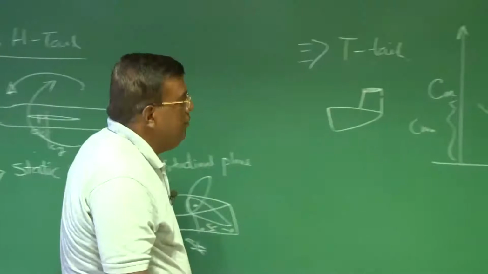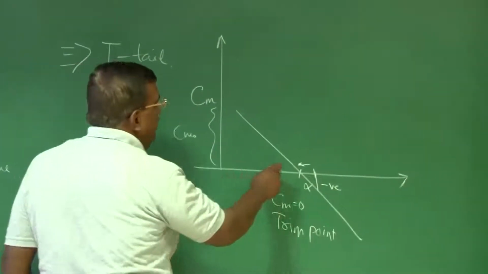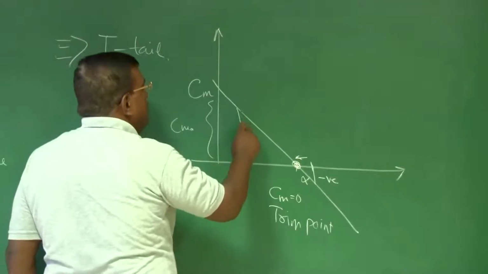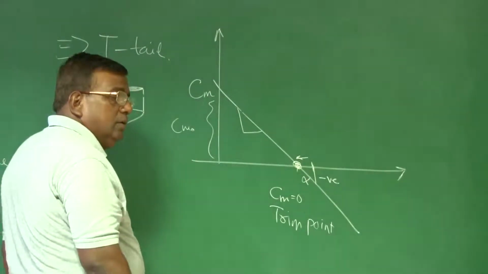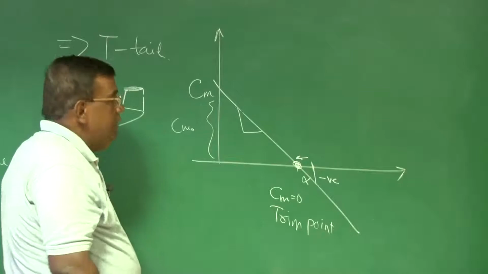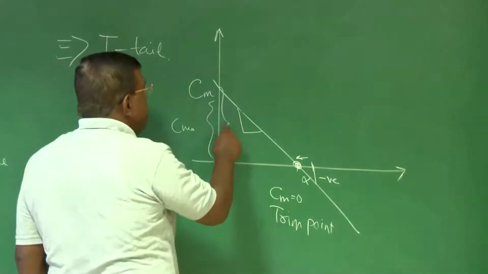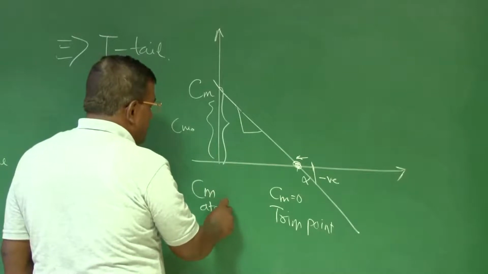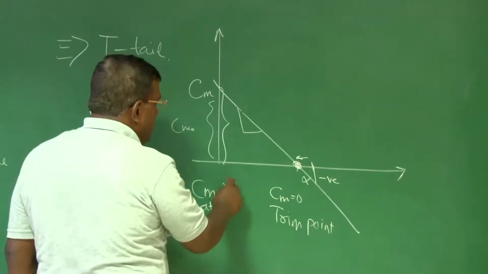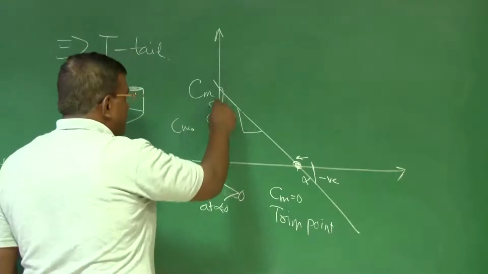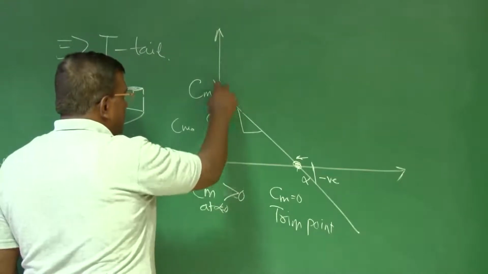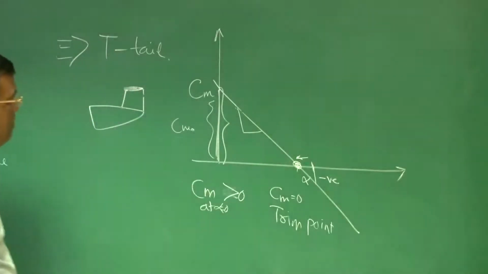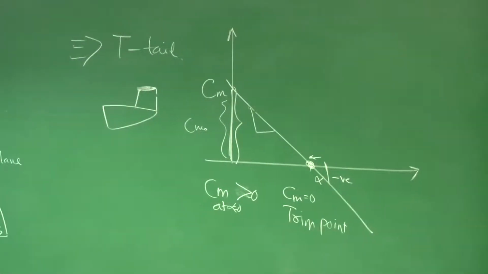So coming back to conventional aircraft, if I want to fly at this trim, I need to ensure not only that the slope is negative to the magnitude I designed, but also that this Cm at alpha equal to 0 should be greater than 0. And to be honest, it should have a definite value for a given slope to have a trim at this alpha. So Cm naught has to be positive,